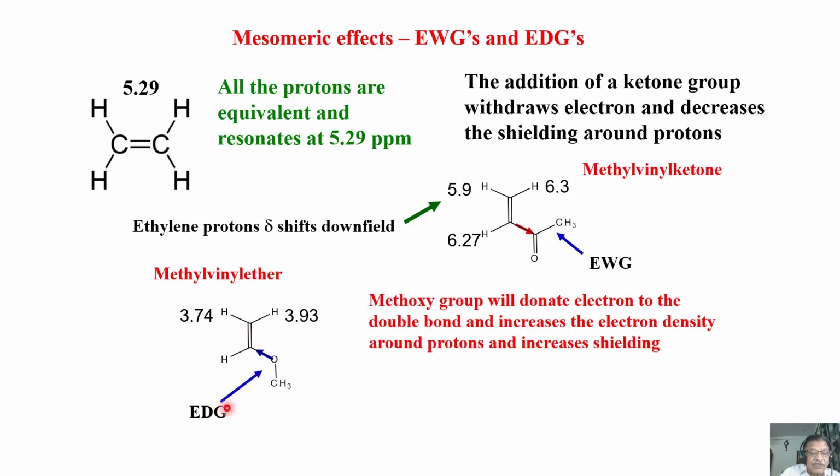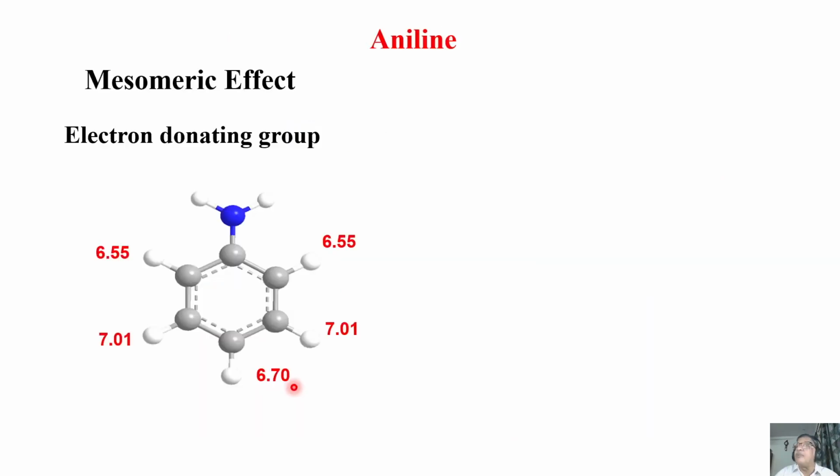We have the chemical shift for this also. I have not mentioned it, so don't get confused. There are 3 peaks for this also, non-equivalent. But remember, all 3 have moved to high field now. This is because of the mesomeric effect. So when an electron withdrawing group is there, it causes de-shielding. When an electron donating group is there, it causes shielding. This is the important point you must remember.